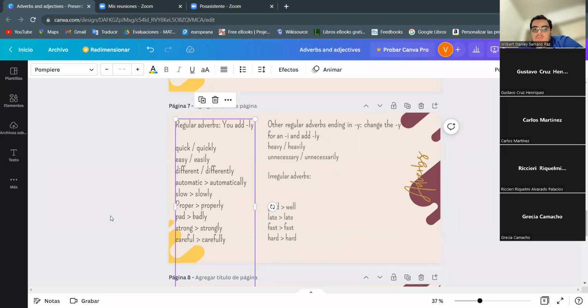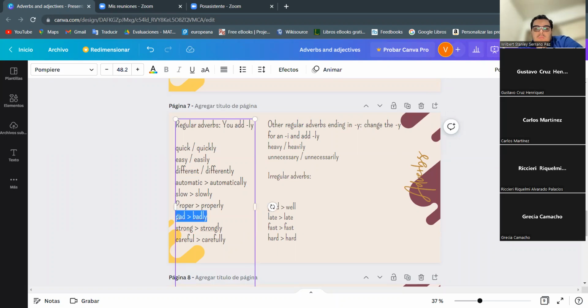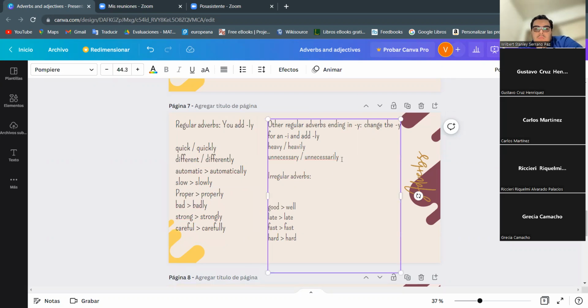Regular adverbs, you add ly: quick, quickly; easy, easily; different, differently; aromatic, aromatically; slow, slowly; proper, properly; bad, badly; strong, strongly; careful, carefully. Thank you. Okay, yes, good job. All right, so as you can see, for most verbs,